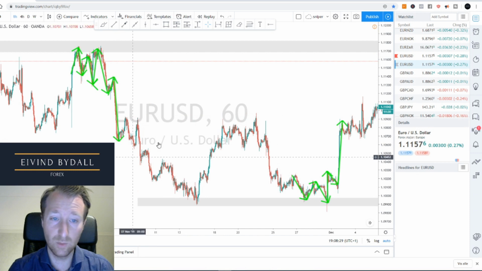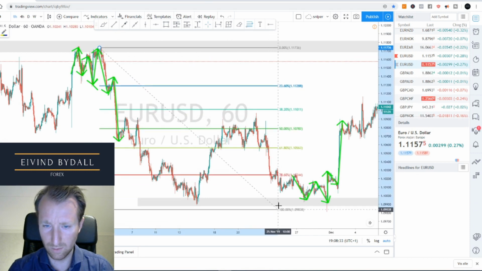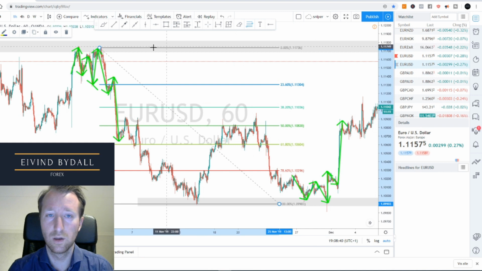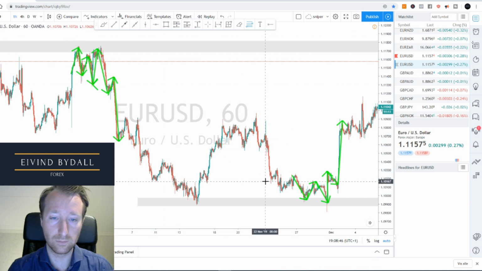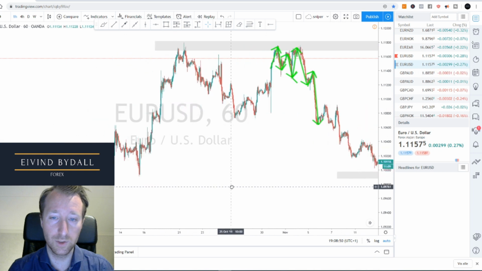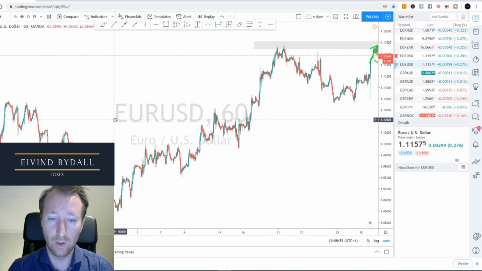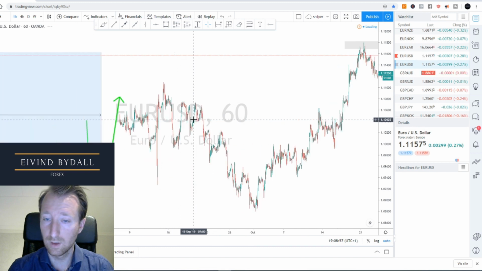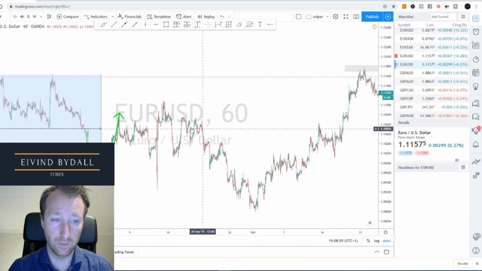But price action wise, I guess this is 50% maybe, 61.8, 50% retracement. So that would be where they are. That's where they would love to enter. I can't push the price into where I want it to go. I don't always know where the price is going, but one thing I know for sure, that previous highs and previous lows, that's where it goes.